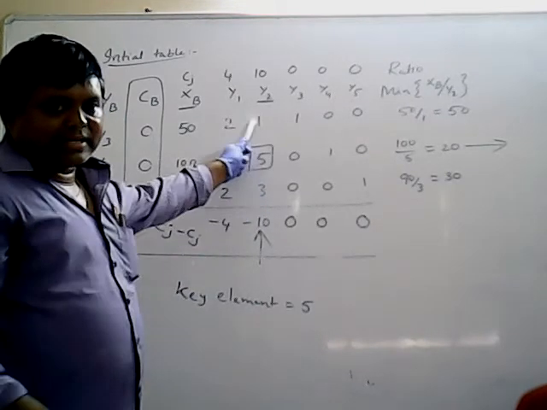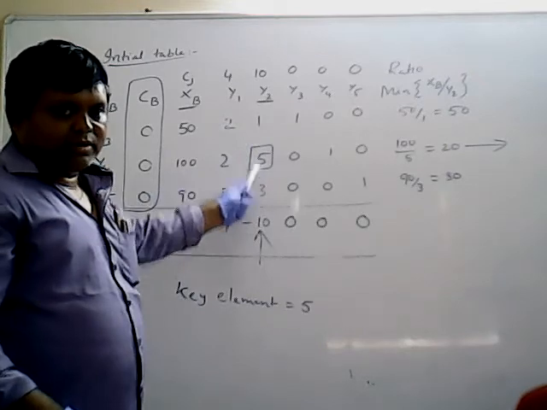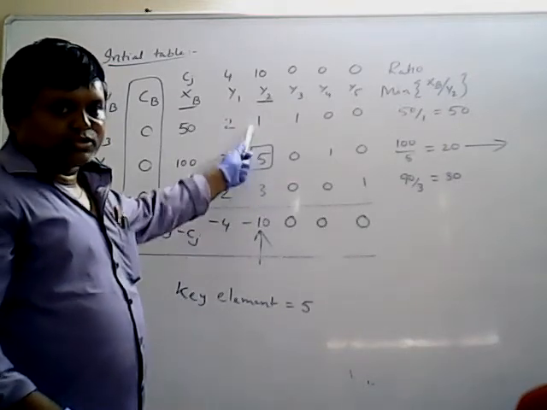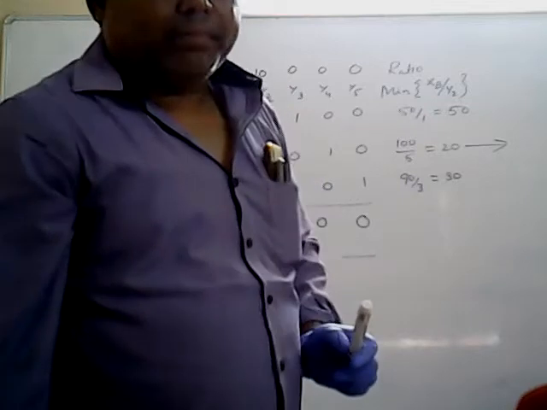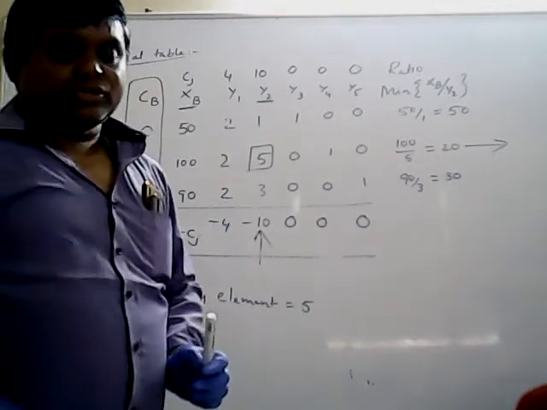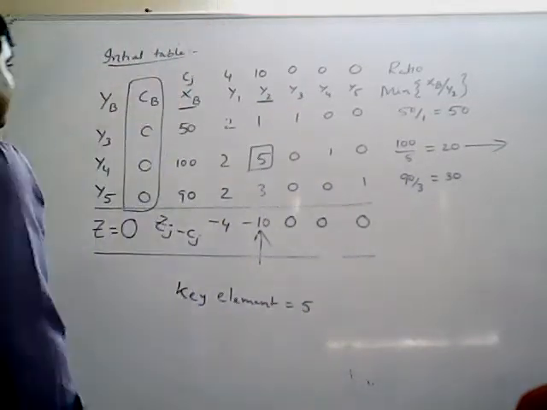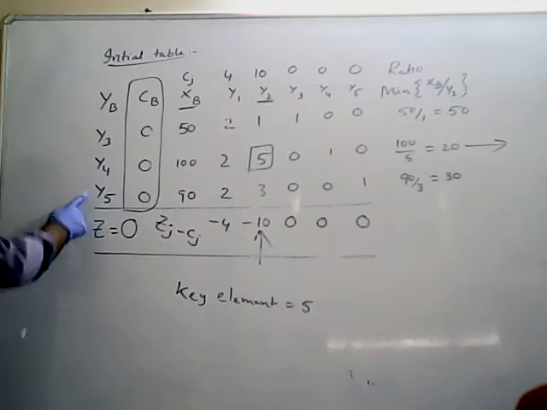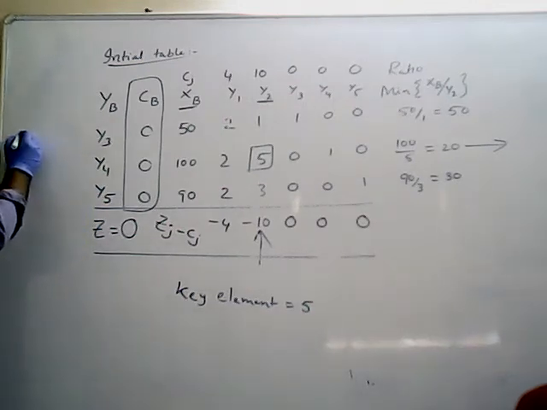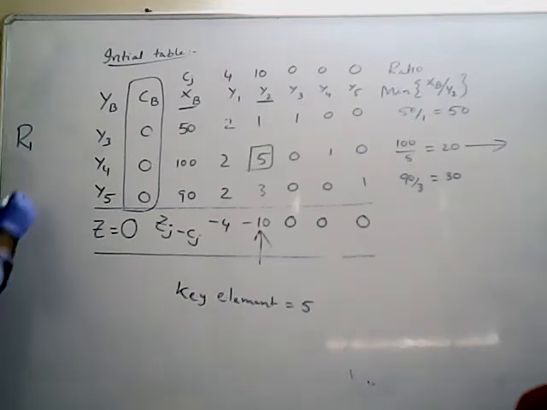And other elements in the particular column, only in this column, should be equivalent to 0 by performing matrix row operations. Matrix row operations you have to use. That means, how many rows are there? 1, 2, 3. 3 rows are there. So I will write here. I think all of you are able to see this. R1, row 1. This is row 2. This is row 3, because I have to consider matrix row operations.